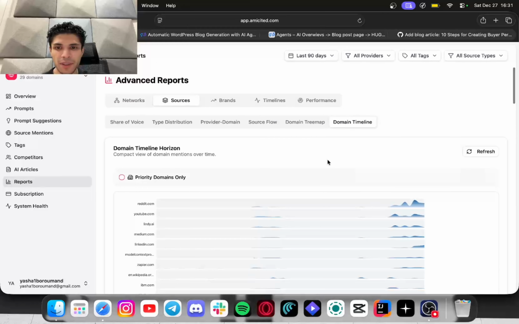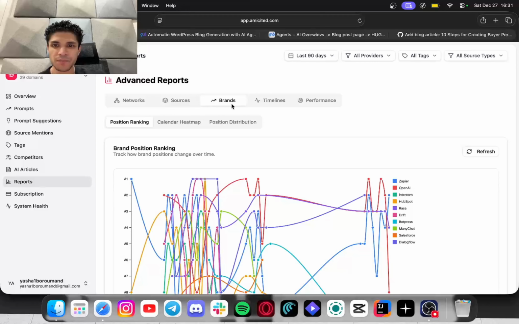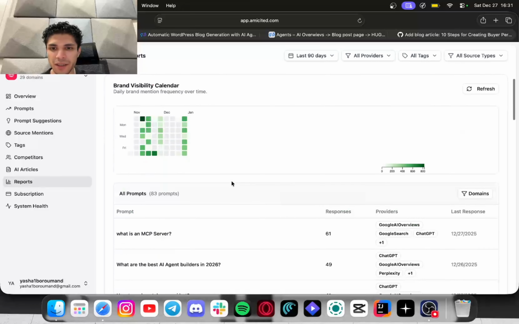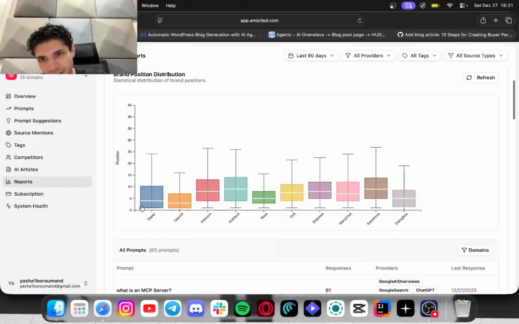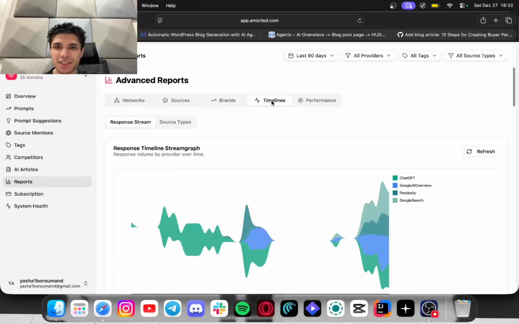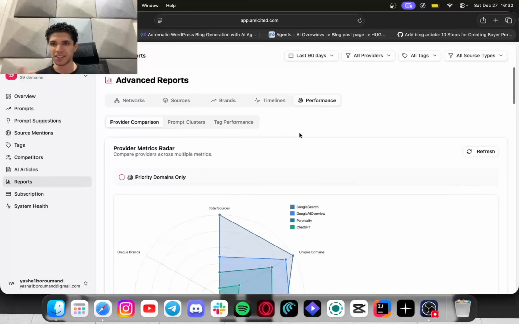And tree map and timeline are also interesting to see. Next up is brands. You'll see all different kinds of crawling criteria that we have, and also the distribution of brands getting mentioned, different competitors and so on, timelines and performance. So these are the actual reports that we are getting.